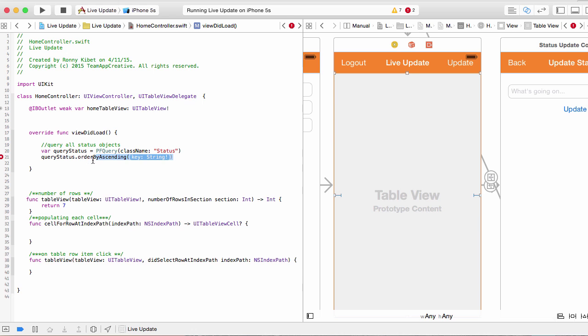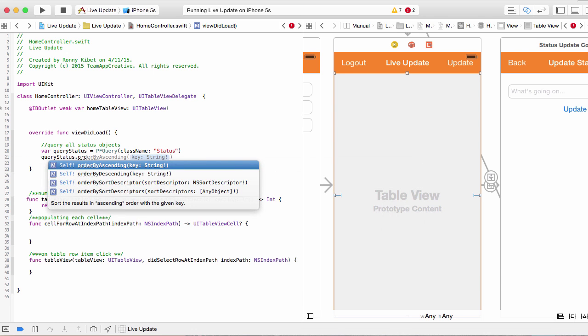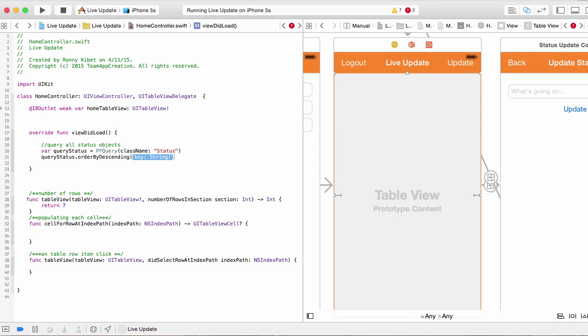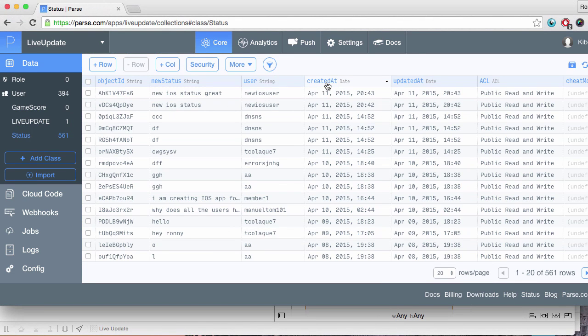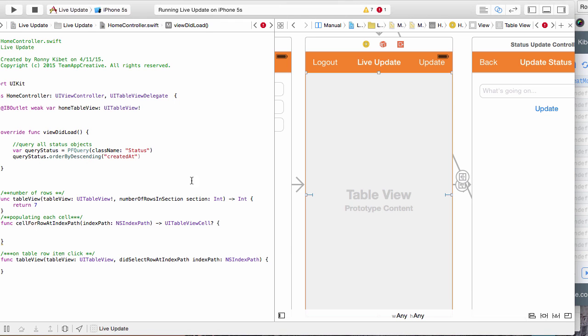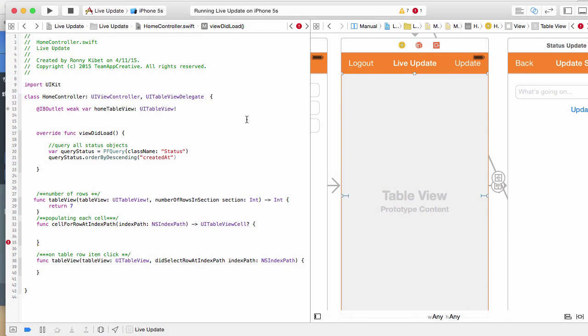Now this is going to order from the latest. When you say you order by created at, this is the created at key right here. So we're ordering by created at, and then we say those queries,